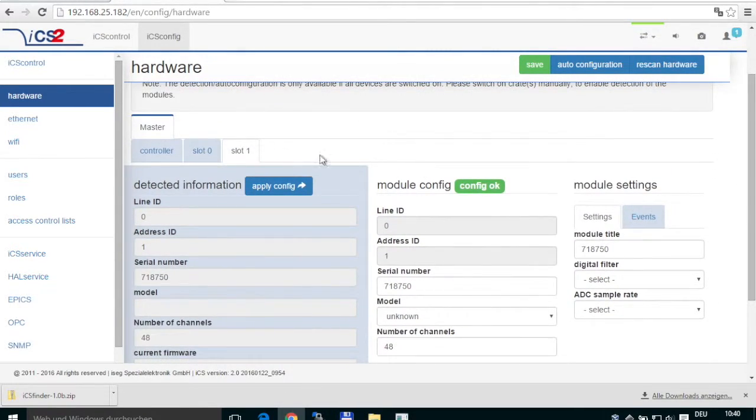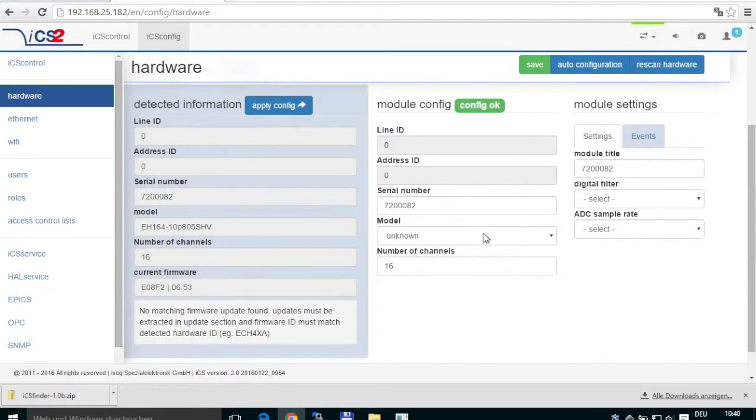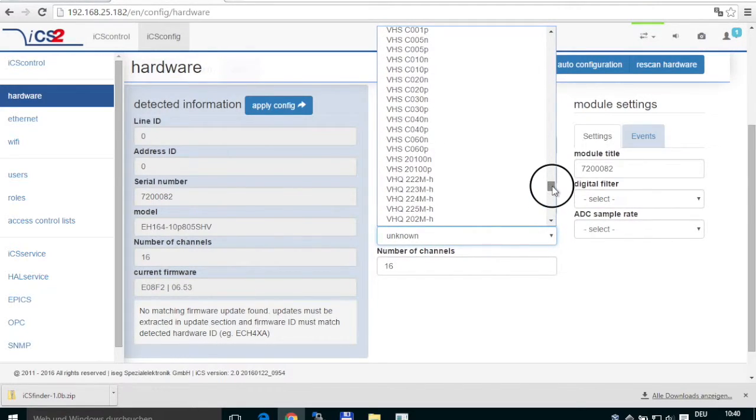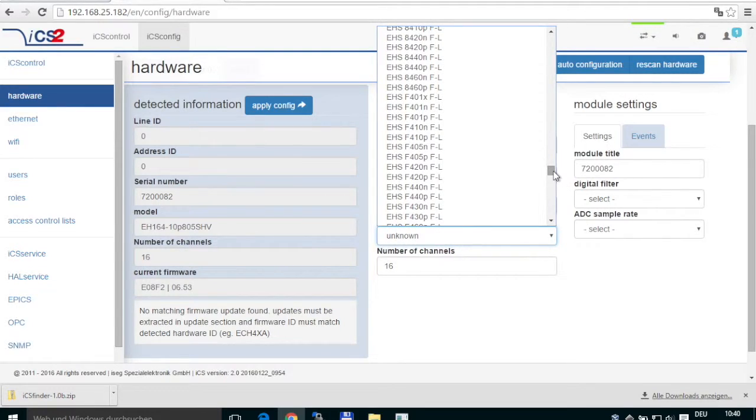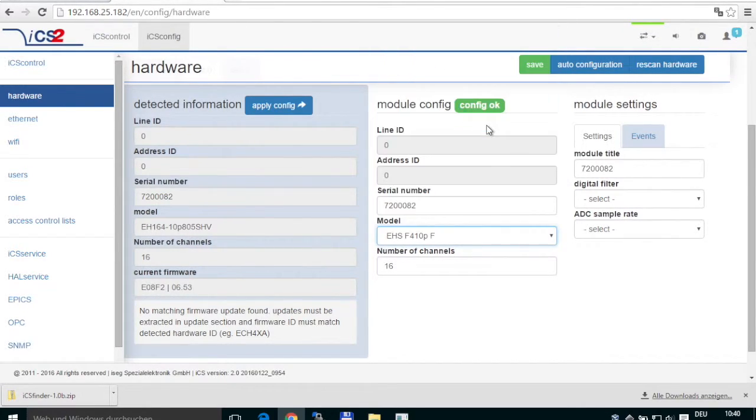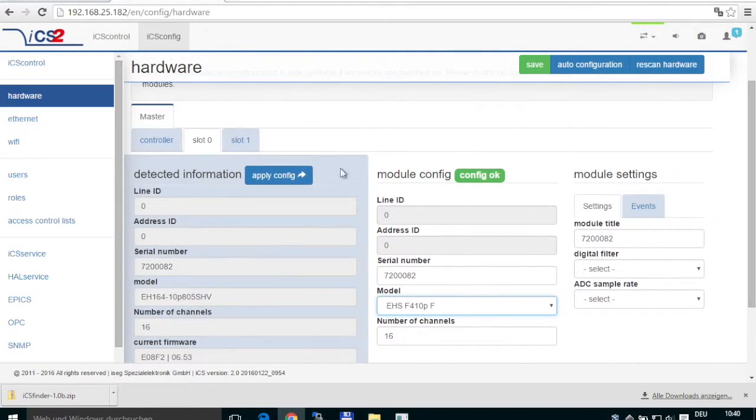In this example case, the high voltage modules have been manufactured already some years ago, and the type of module cannot be detected automatically. Therefore, to be able to also use earlier versions of high voltage modules, it is possible to select the module type manually. This can be selected in the field Model. In this example, the module within the first slot is an EHS F410P-F without the L option,